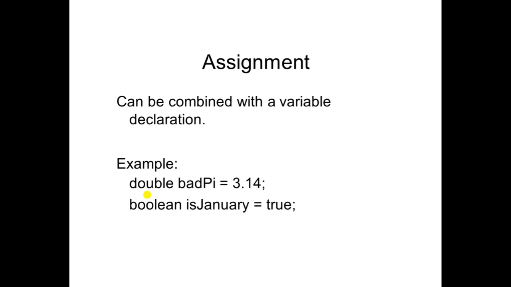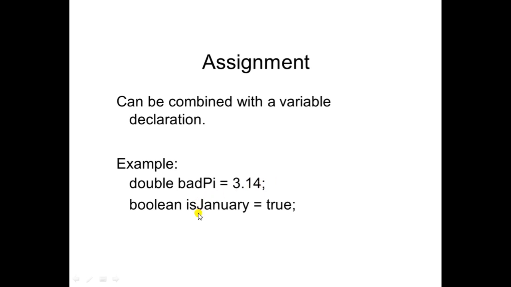So in this way you can do the assignment for the variable in Java. In Java, this assignment can be combined with variable declaration. Examples like on the same line, you are creating a variable and you are assigning some value. So what I have done here, double. With type double, I have created one variable of name bad pie, and I have assigned value 3.14, and of course it should get terminated by the semicolon because it is a syntactical rule of Java.